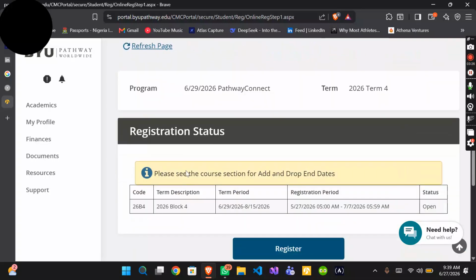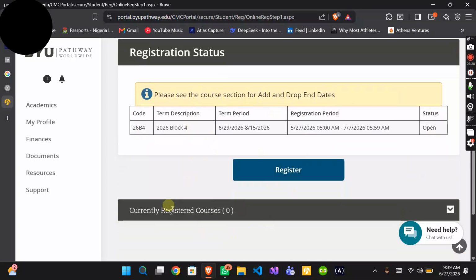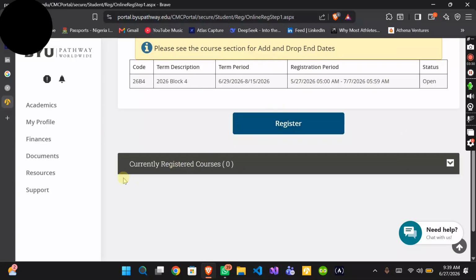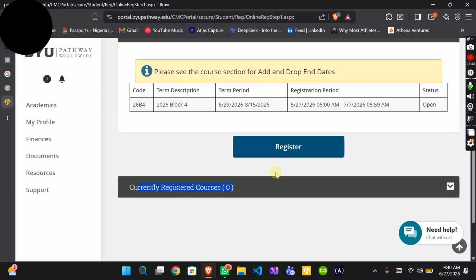Once you click on get started, what I want you to do is to check here. Well, now before we click on register, I want you to notice this currently registered courses. This is how you check for all the courses you have been registered for. Or in the home page, you look at your classes. So currently registered courses shows you courses that you are currently registered for. But now I want to register him for PC 101. So click on